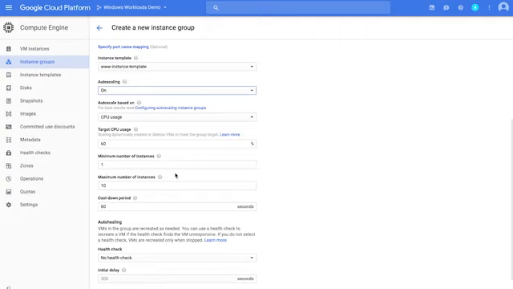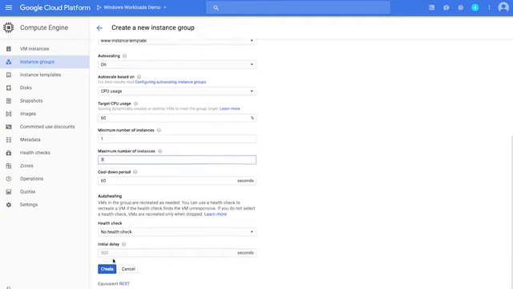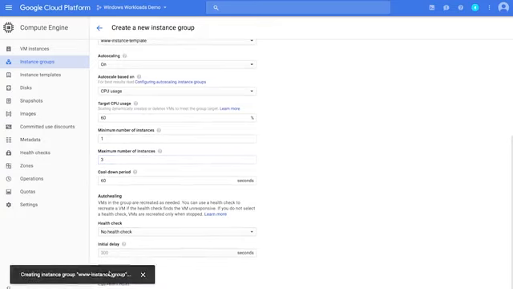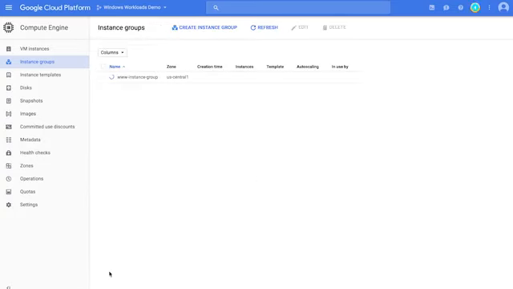These will be distributed across 3 different zones within our region. But we'll just use 1 as our minimum number of instances, but we'll select 3 as the maximum number of instances. That will do for now. Let's create that managed instance group.